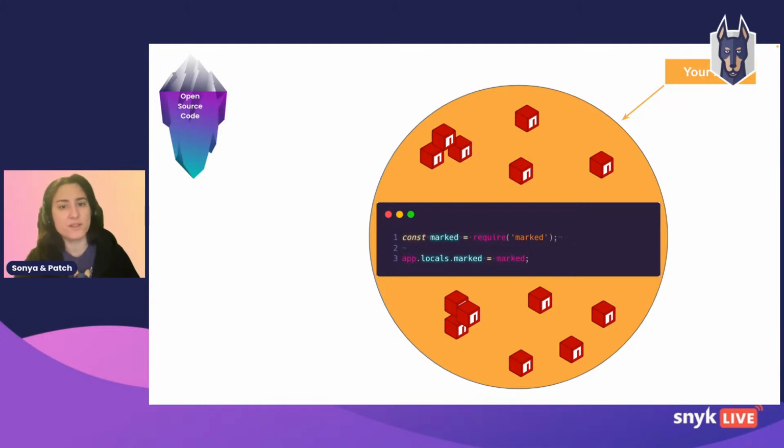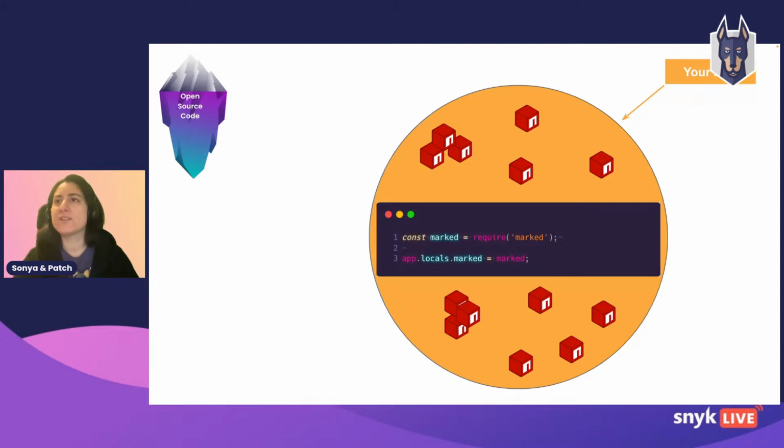Why would we want to waste some time to write something that might probably exist as a package in our ecosystem? So that's what we have here with the Mark package. The Mark package is essentially allowing you to use Markdown within your projects. But now we're bringing several packages into our code base. You can see all of these little npm packages icons on this graph, so increasing the attack surface and introducing new risks.